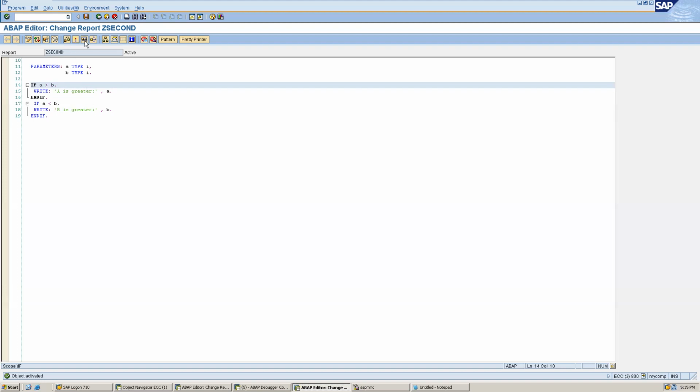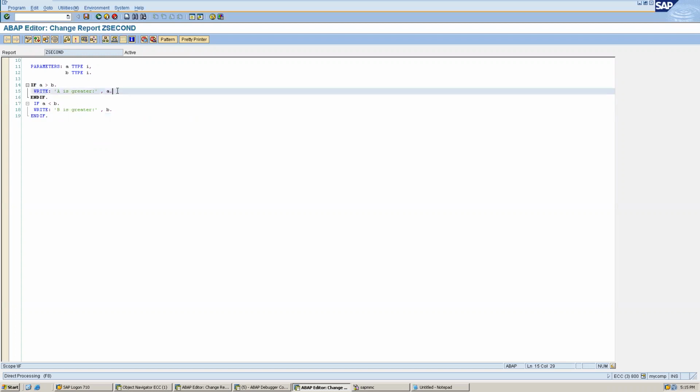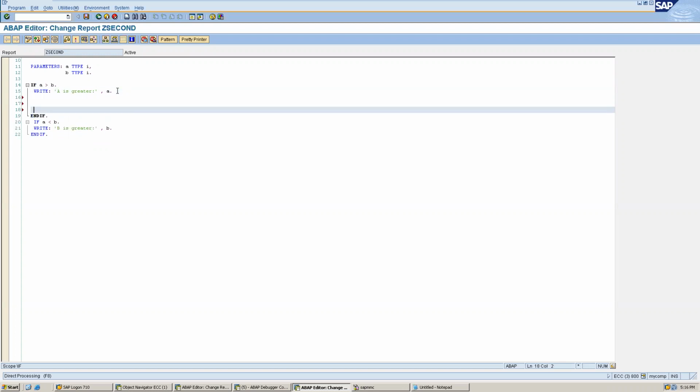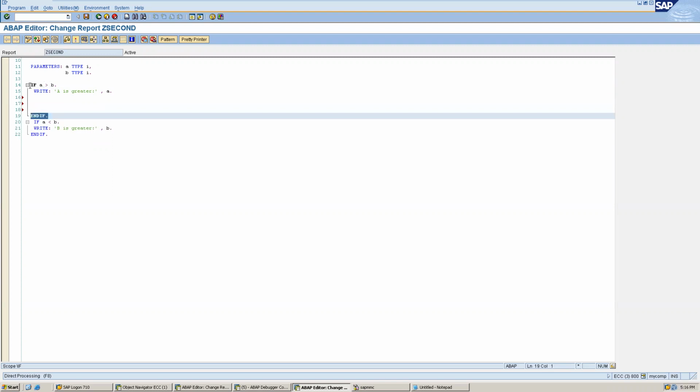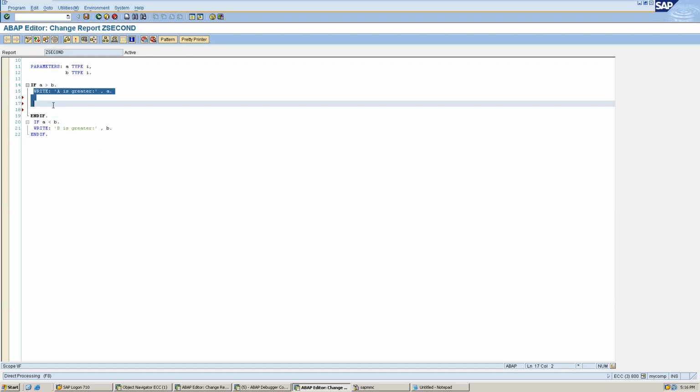Now let me execute this. If there are two conditions, it is not one condition. For example, if I have to write 100 lines of code inside this condition, I can write them, and this endif will denote that the condition has ended. If it is true, then only it will print this. Otherwise, it will ignore all this logic, whatever I write here.